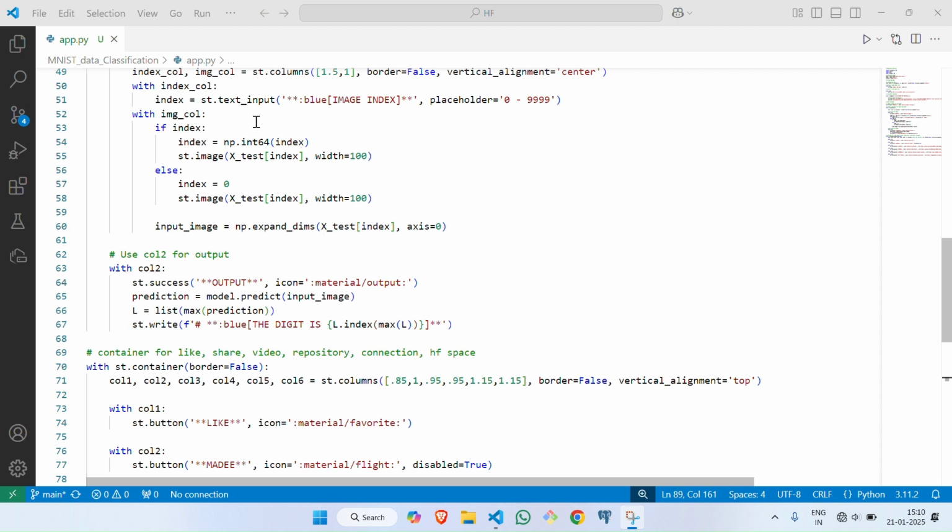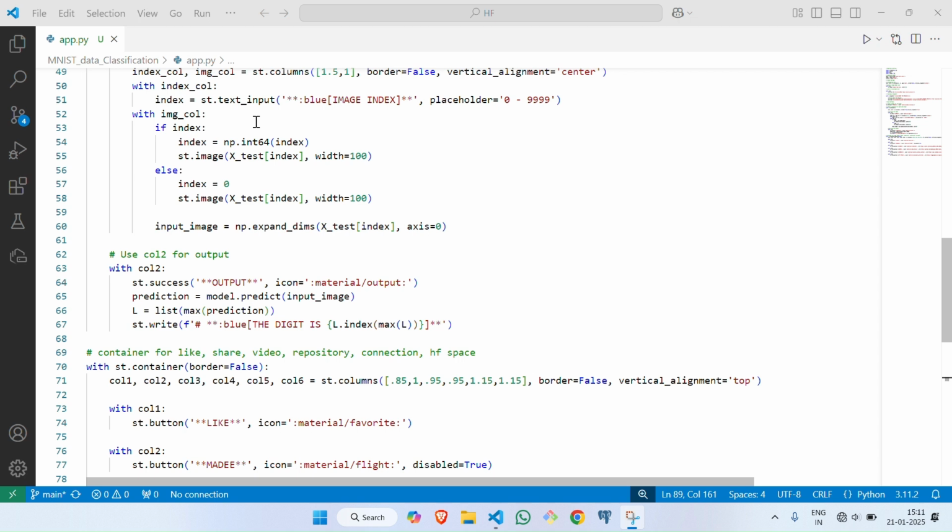Then using that index we are finding the image in the X test dataset and showing it with st.image with a width of 100 units. So that is if the index is entered by the user. If the index is not entered by the user, we are going with a default case, that is we are taking index 0 and showing the image at index 0